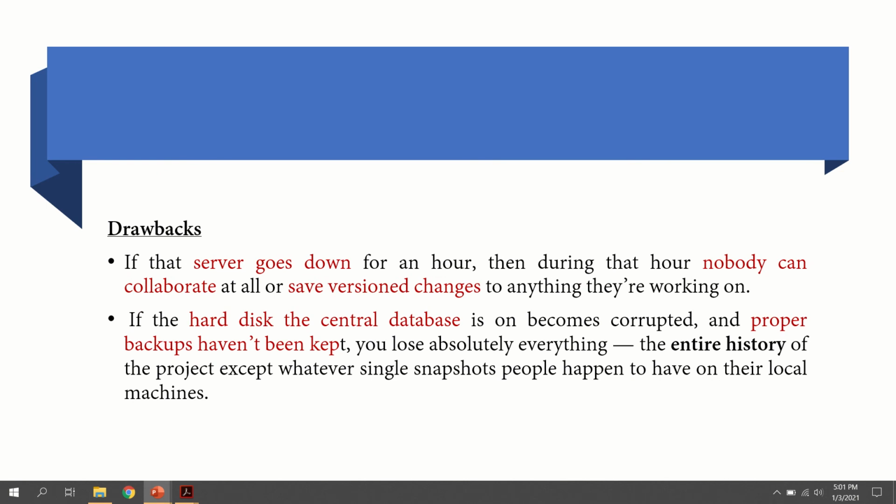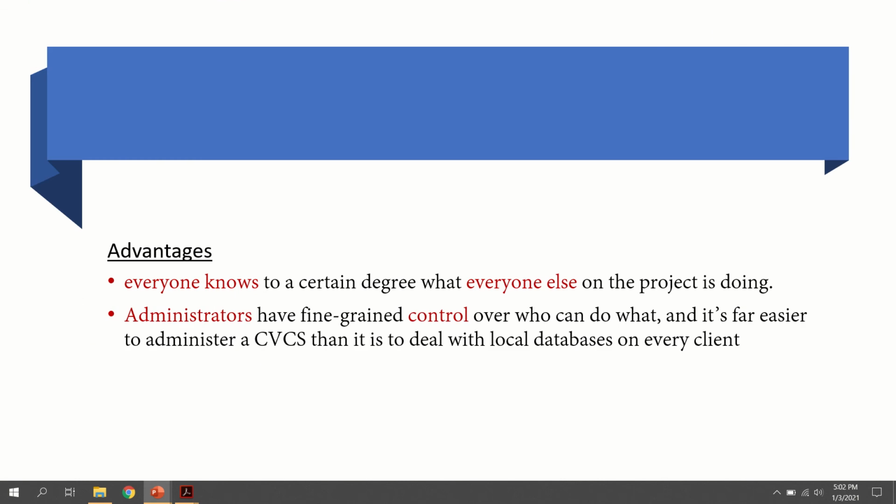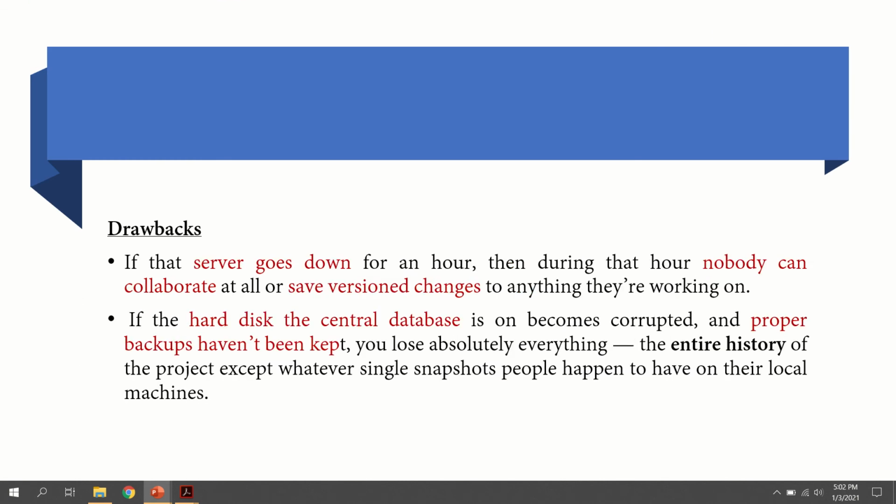If you are considering the disadvantage of the system, the disadvantage is that only one copy of the history of your versions is there inside the server. Suppose the server is not working for a particular period, say for 1 hour, or if it fails, the problem is that the entire history will be lost. The developers cannot collaborate, the version changes, everything will be lost.